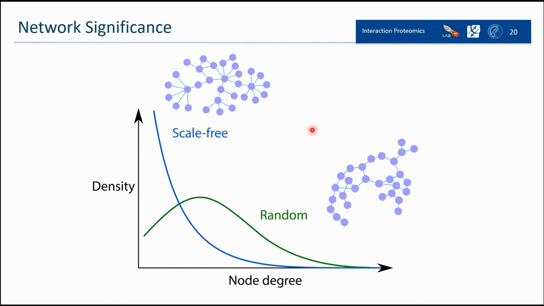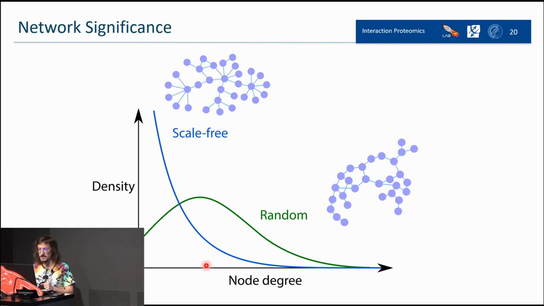When you have a random network, something like this one, which is not representing any biological effect and is just a random mix of edges and nodes, usually when you randomize something you get a kind of normal distribution. So here the top could be 2 or 3 interactions per node, and then the further you go, the more they reduce. There are few nodes with just one interaction, and few with a lot of interactions.